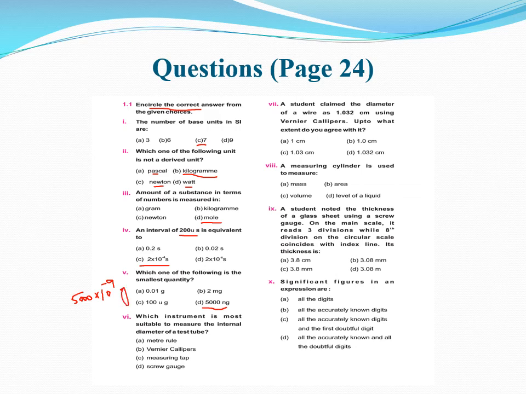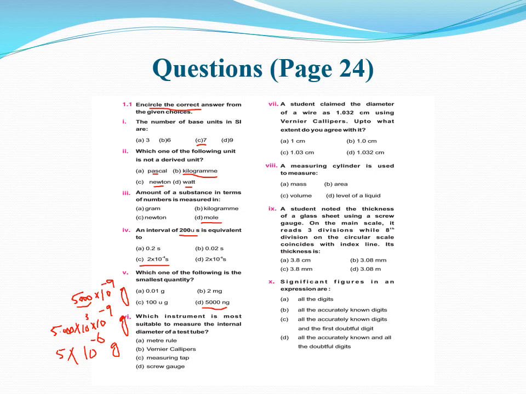Okay, so 5000 can be written in scientific notation as 5.000 times 10 to the power plus 3, as we have taken the decimal point towards left 3 places, and 10 to the power minus 9 is already there. So if we simplify, the result would be 5 times 10 to the power minus 6 gram.